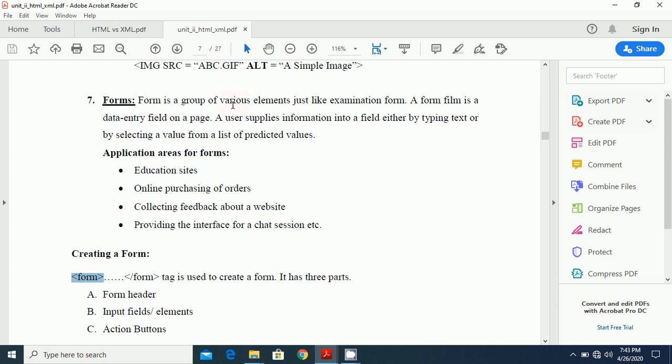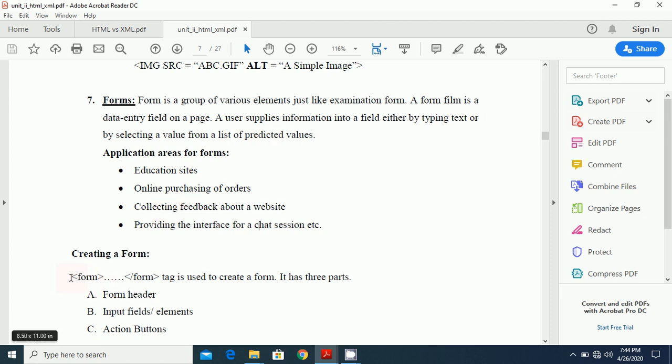So in educational sites, or when we do online purchasing of orders, collecting feedback about a website, or providing the interface for chat sessions, or when we do logging on any websites by entering the username and password, then the username and password are also the attributes of the form tag.